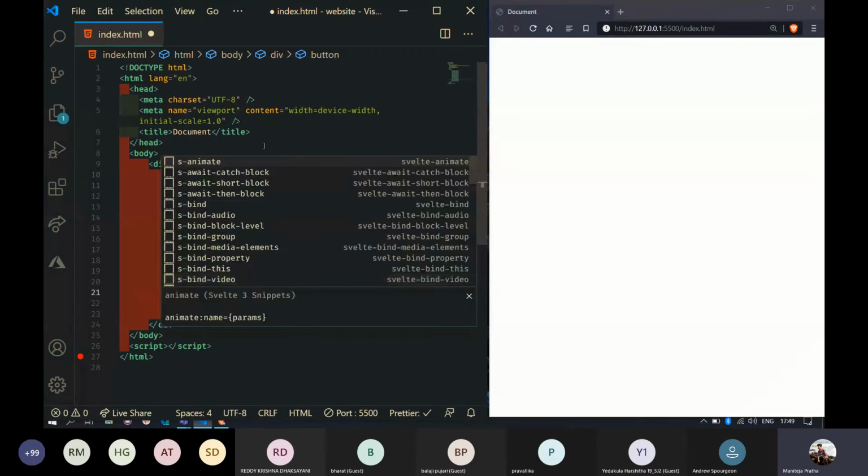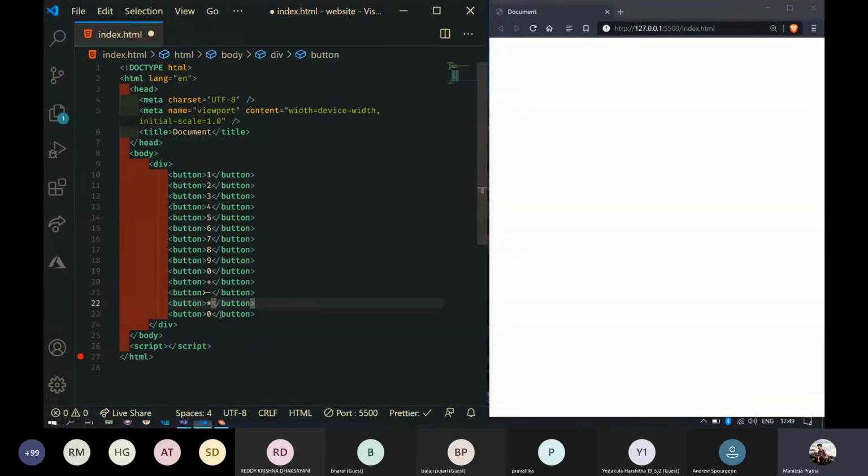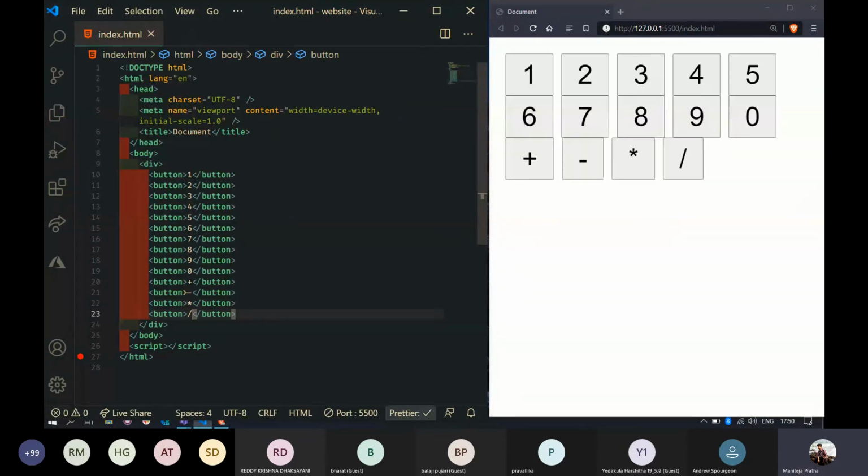So these are the things. Okay, I forgot the main one. What is the main button that I forgot? Equals to. Exactly. Equals. Okay, so now it's fine. 1, 2, 3, 4, 5. But it is no way looking like a calculator, right?